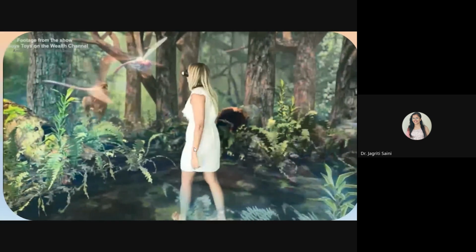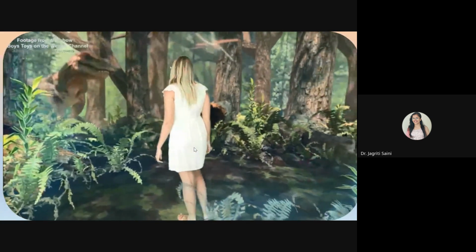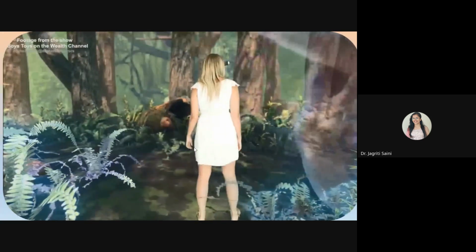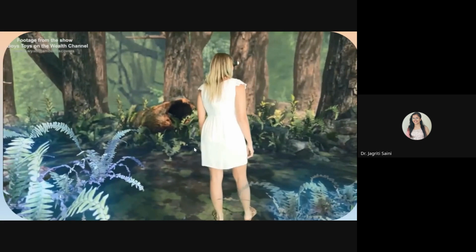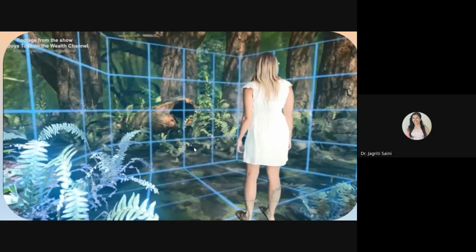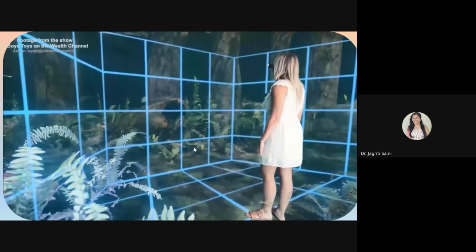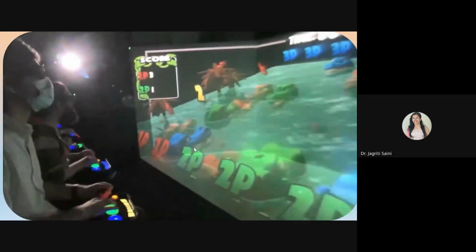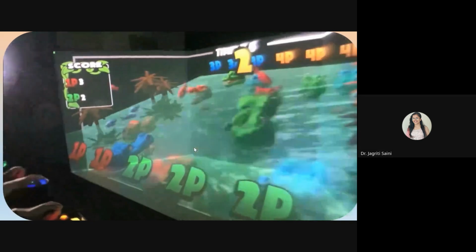For entertainment, we have hologram dinosaur rooms where up to 5 people can go in together on a dinosaur adventure. Trials of hologram entertainment rooms have shown them to be extremely profitable. We also build hologram arcade machines. These are like traditional arcade machines, except the characters are made using laser light and they project up to 90 centimeters away from the screen. There are 15 games available at present. Each machine comes with 6 games, and the games are all 4 players.